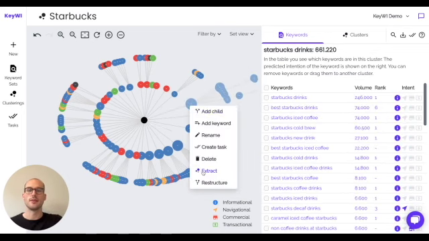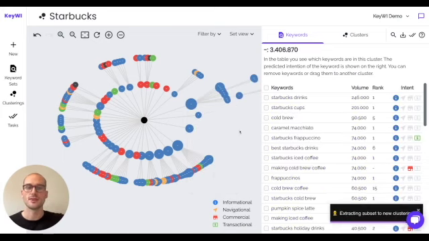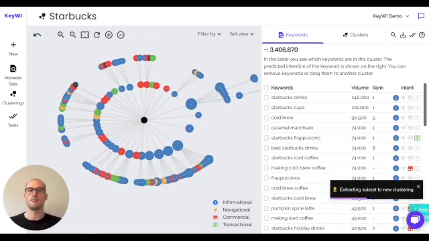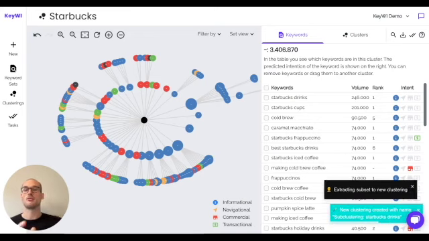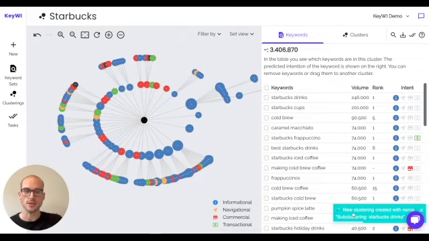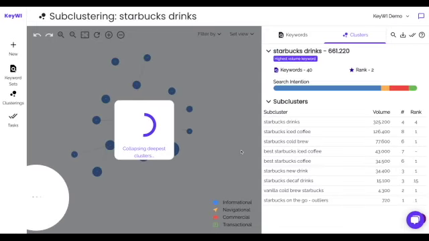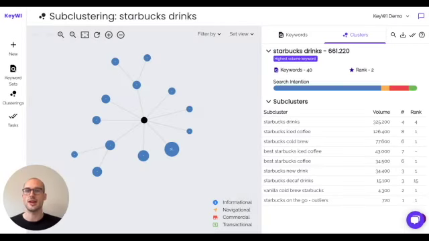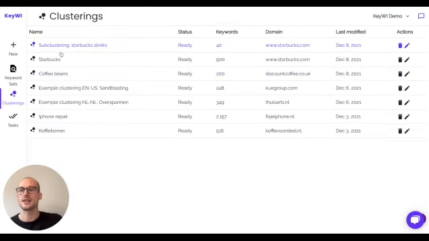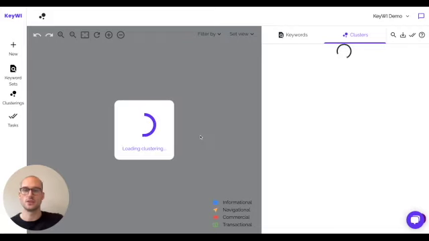Or you can extract a cluster. This could be very handy when you're doing a larger set. What it actually does is, if I press extract here, KeyWI makes a new visualization of that certain topic cluster. So you can press on the pop-up, and you can actually see, okay, this is a new visual. Now if we go back to the Starbucks set,